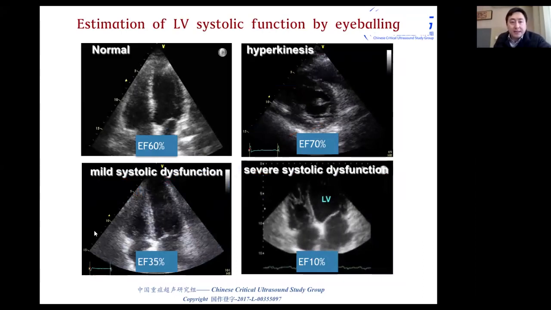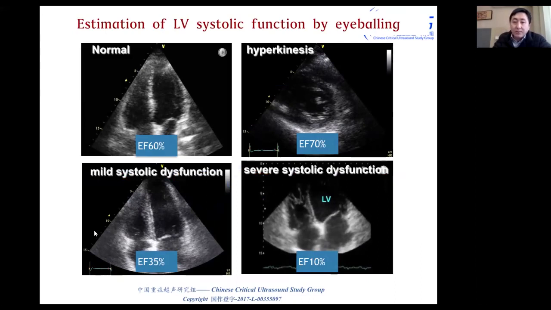Then we will talk about the estimation of the left ventricle systolic function. We also use eyeballing to estimate the left ventricle systolic function. We'll assess the degree of the dysfunction of the left ventricle, and we'll assess the type of the dysfunction of the left ventricle